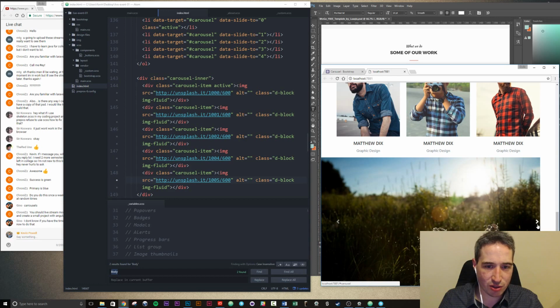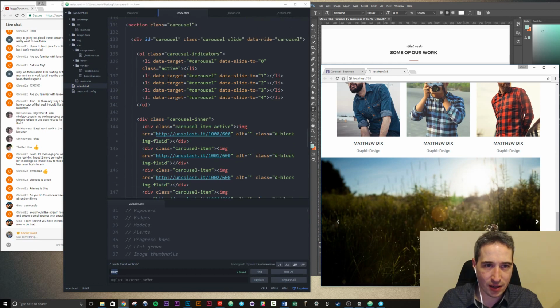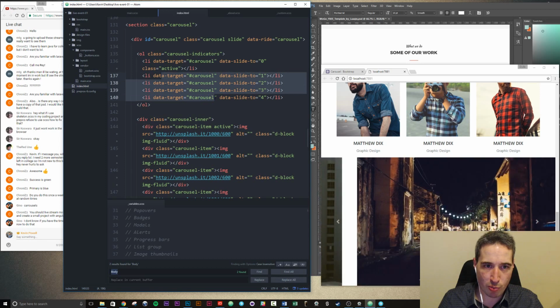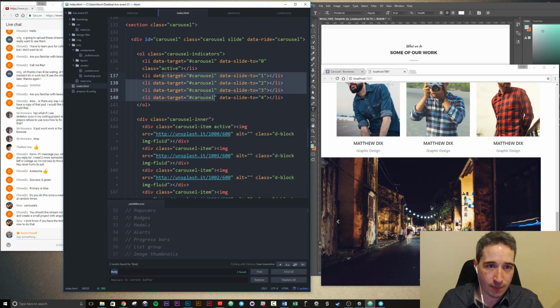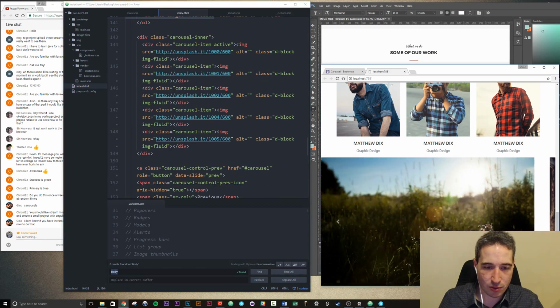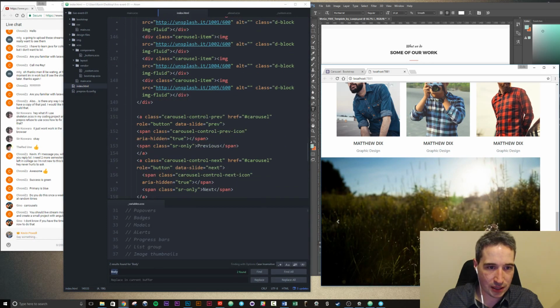Is there anything else, Gino, that you'd want to see how to do with the carousel? It's really just make sure that you have the ID. The ID is the same as your data targets, which is super important. And then if you do have these little things down at the bottom too, they also have it,